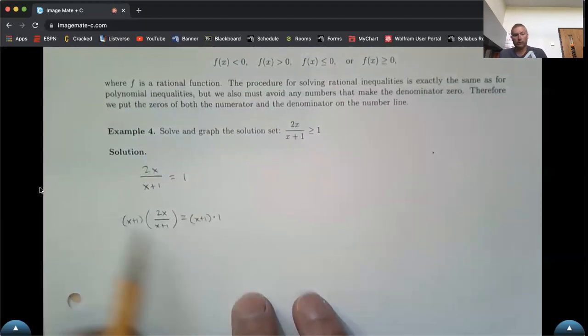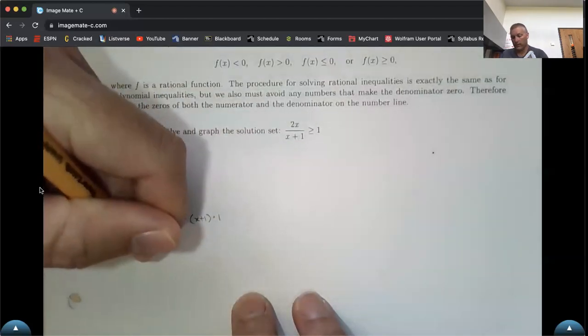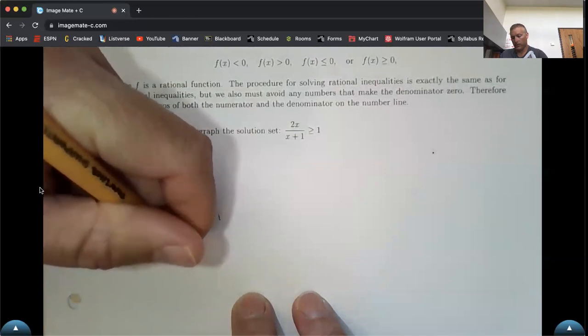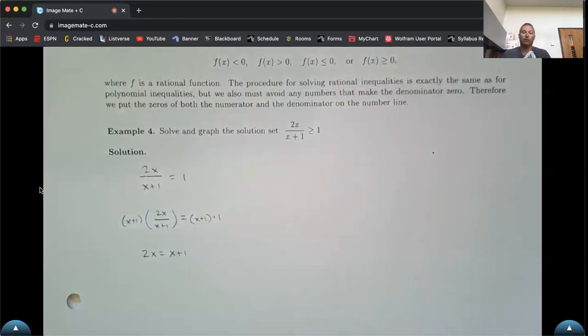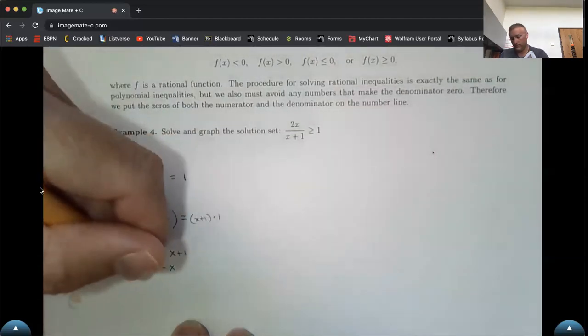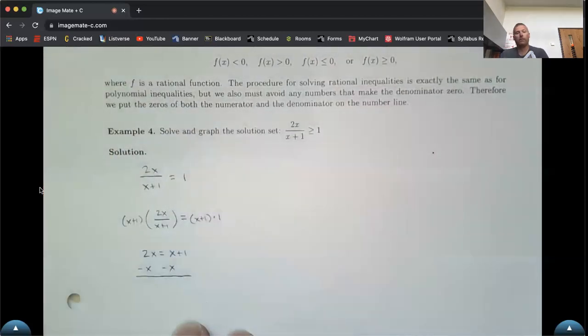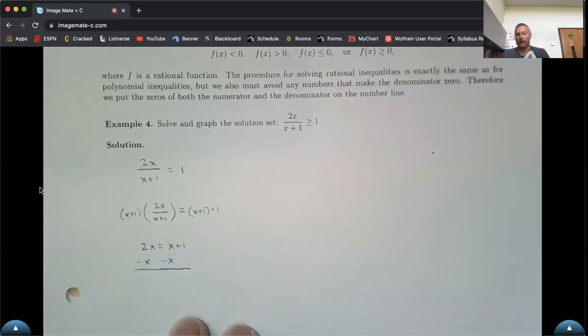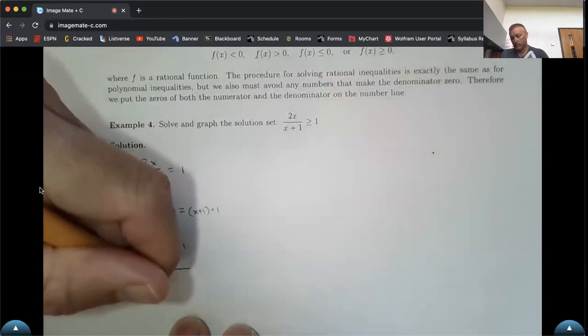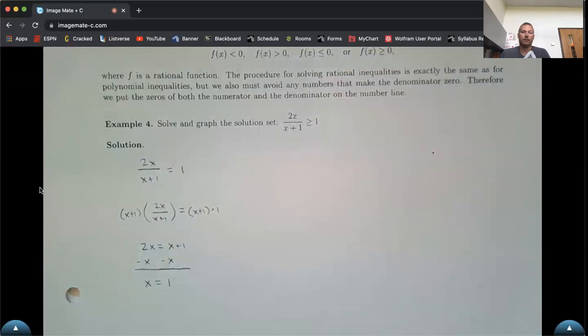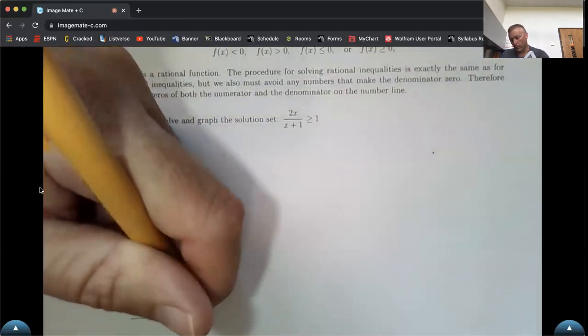Here, the x plus 1s would cancel, leaving us with 2x. And of course, x plus 1 times 1 is just x plus 1. Two x minus x is 1x. And of course, we're left with 1 on the right side. But we have to be careful here because if we just put 1 on the number line,